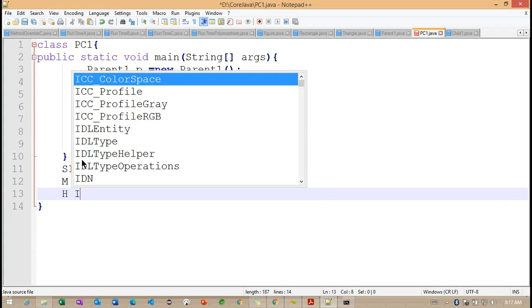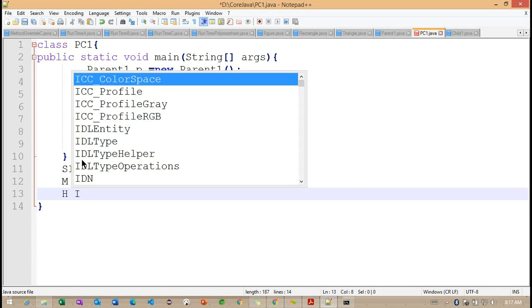So how exactly is the hierarchical inheritance working here? We are going to have only one parent here. We'll have different child classes here. The child classes don't have a relation with each other, but each child class will have a relation with the parent here.